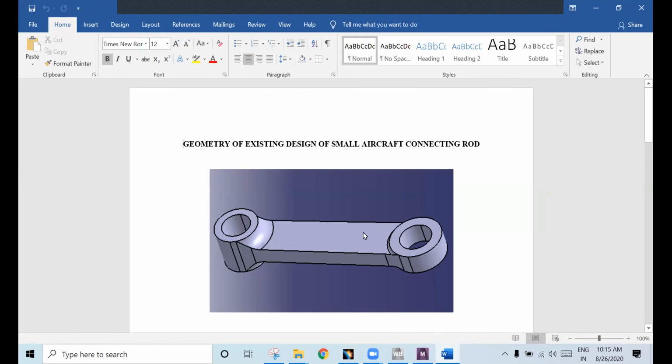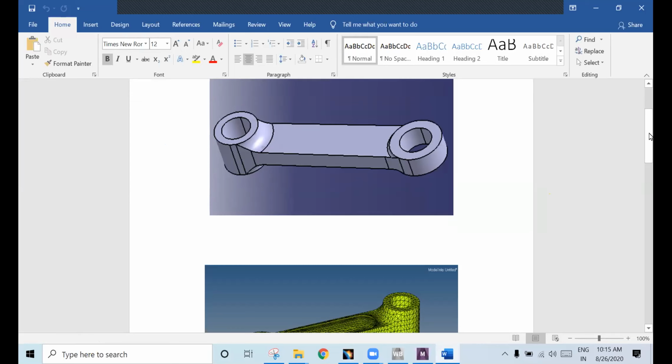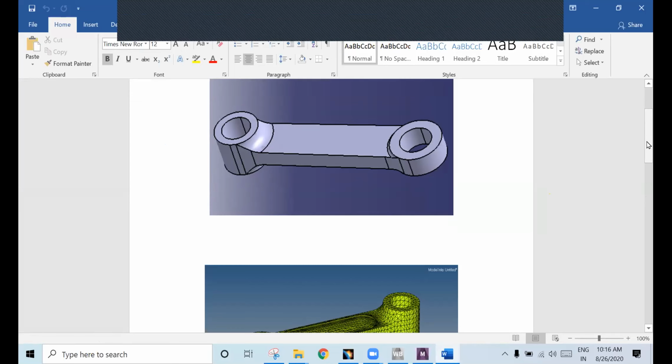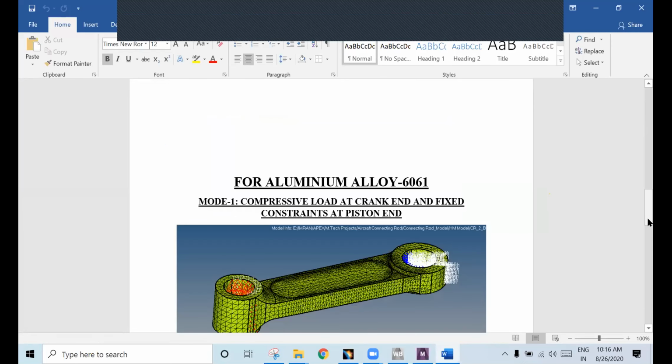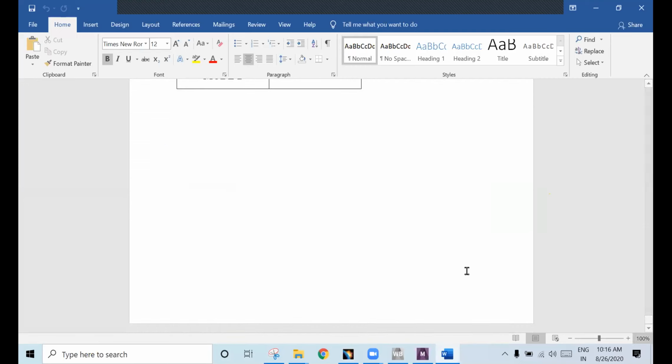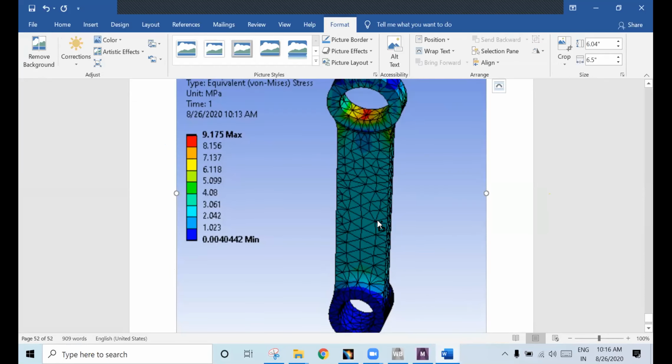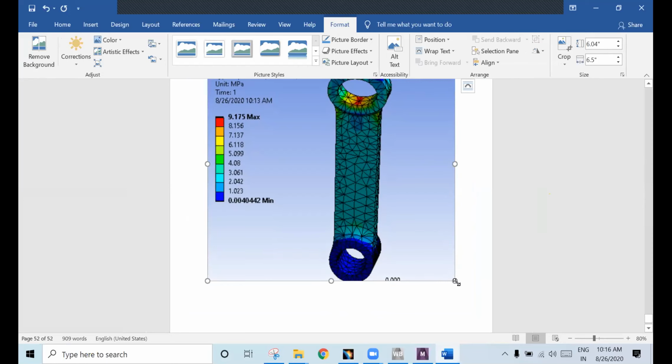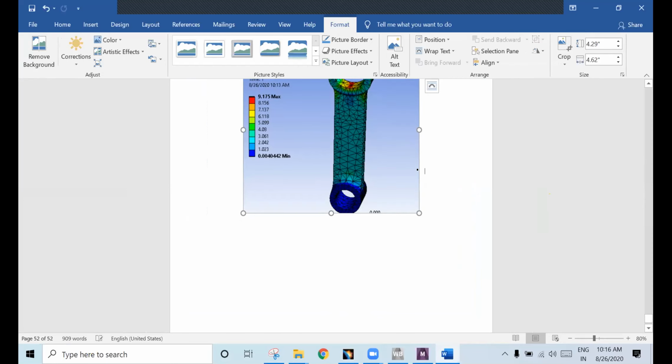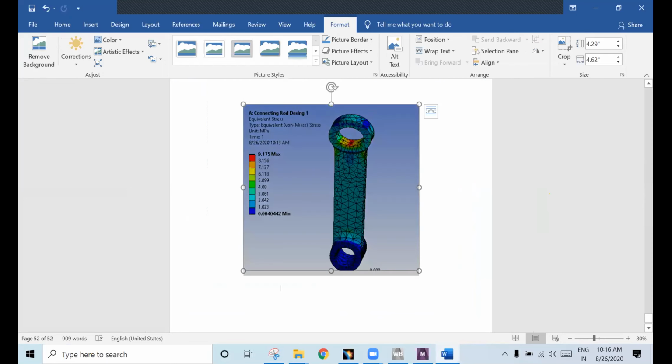See here, you have the report. Already I have done this. Suppose you select here and paste it. Whatever I have copied, you will get it. If you want to change the size, all the basics you know, right? And you write the data or whatever content you want to write.